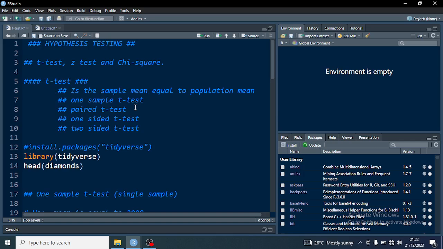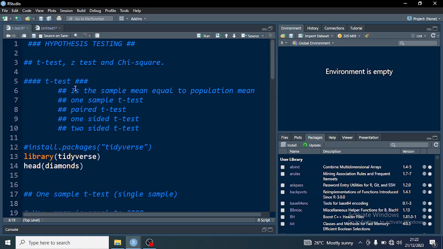And if the p-value is greater than the alpha value, we fail to reject the null hypothesis and conclude the alternative hypothesis. So we first of all define our hypothesis, then we choose up front the alpha value, the value at which we are going to decide whether to reject or to fail to reject the